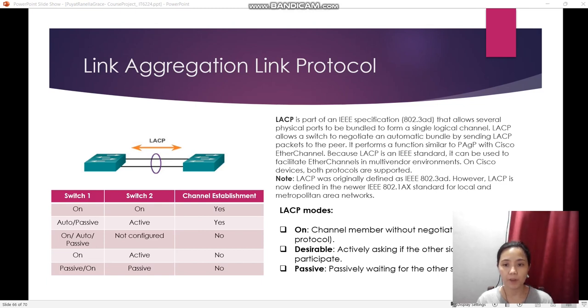It performs a function similar to PAgP with Cisco EtherChannel. Because LACP is an IEEE standard, it can be used to facilitate EtherChannels in multi-vendor environments. On Cisco devices, both protocols are supported. Note that LACP was originally defined as IEEE 802.3AD. However, LACP is now defined in the newer